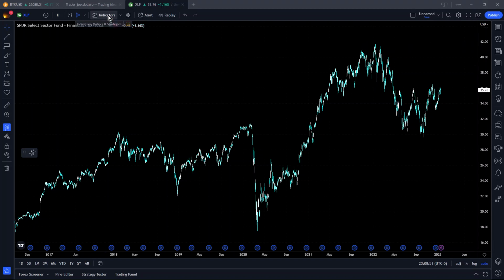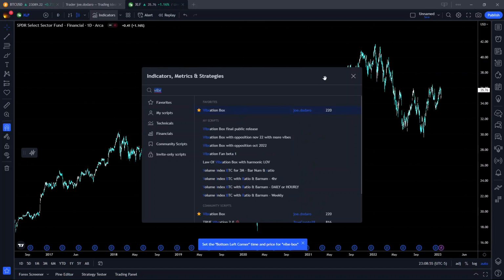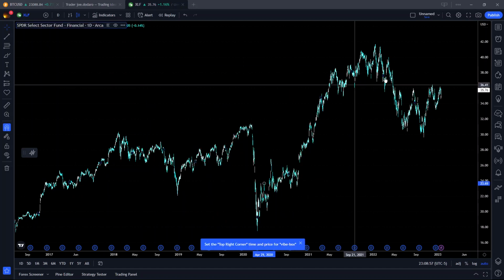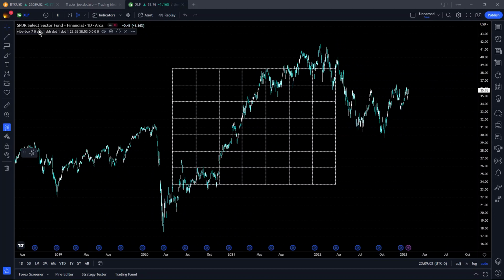We could use that for our vibe box. So I'm going to take my vibration box, set it in here, set it on some two random numbers just so that I can lay it down. And what do I want to do with this? Now I'm going to